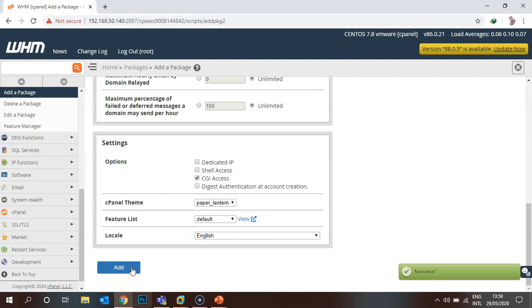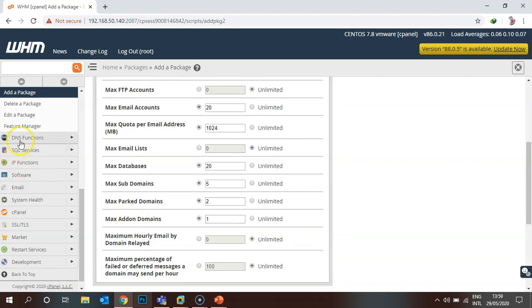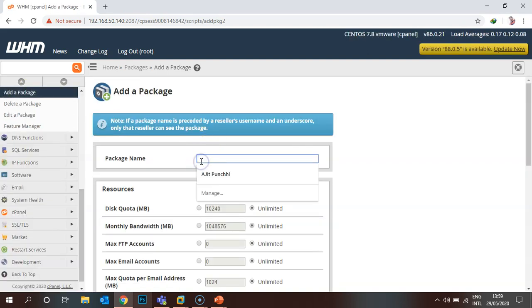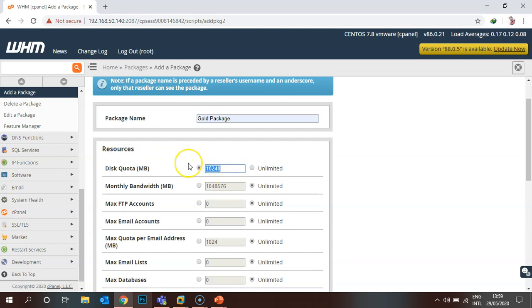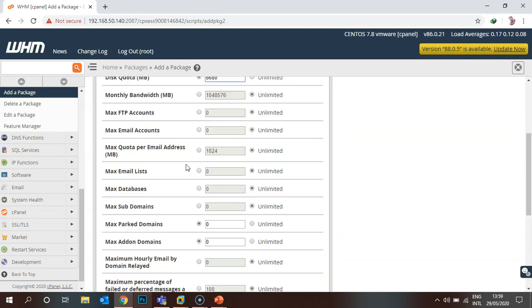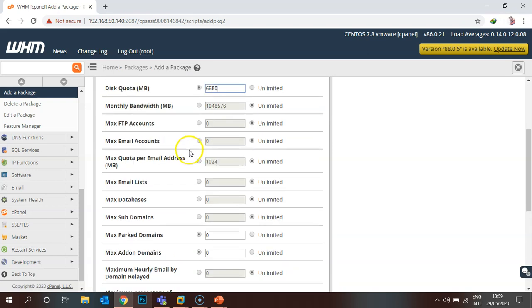Next, I'll create a package for high-end users who want more space, more features, or unlimited feature use. I click on add a package and give the package name gold package. I'll give it a disk quota of about 6 TB. Maximum bandwidth unlimited, maximum email accounts unlimited, max FTP accounts unlimited.